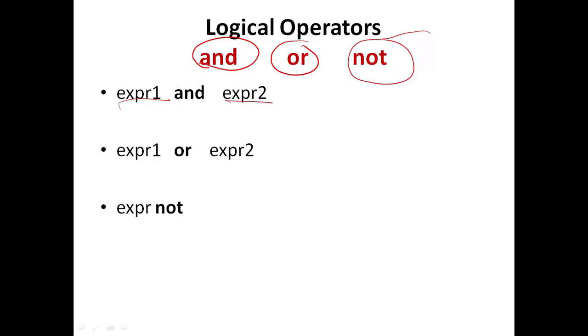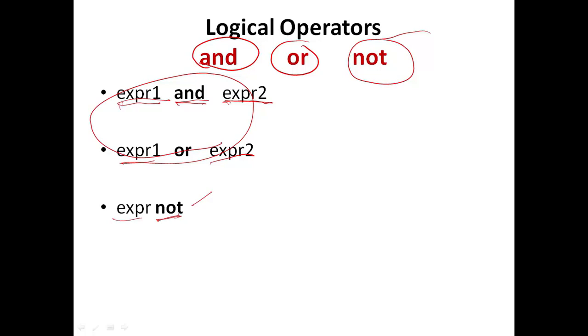So the syntax is, you just write expression 1, then use the AND operator. For using the AND operator, the syntax is AND in small case, then just write expression 2. Similarly, for the OR operator, there is the same syntax, and for the NOT operator, the syntax is NOT expression, as it is a unary operator and both of the others are binary operators.